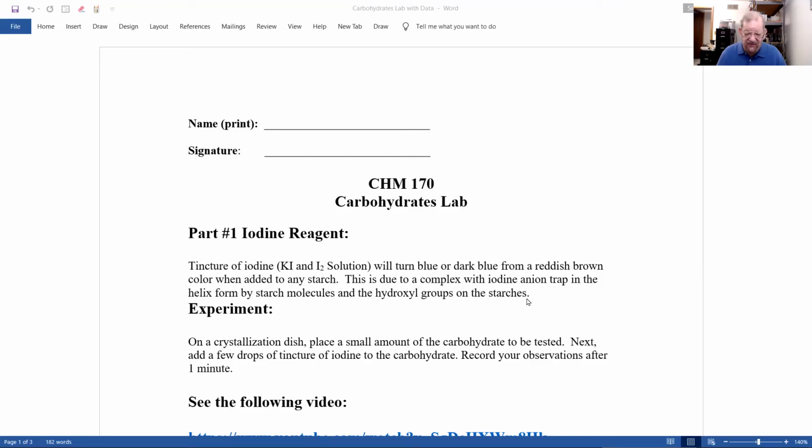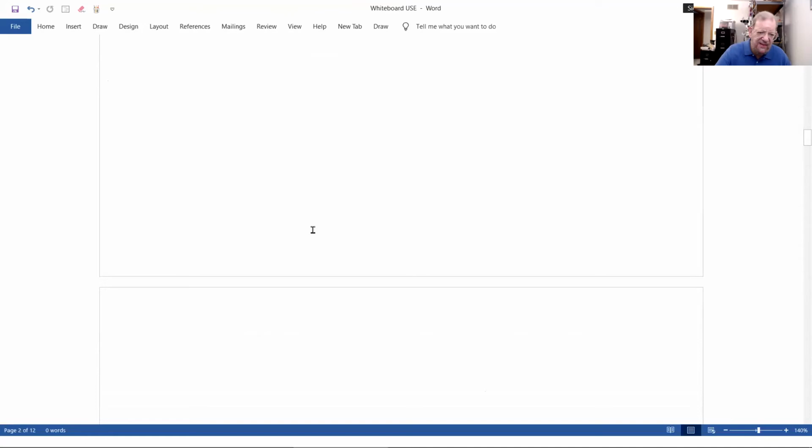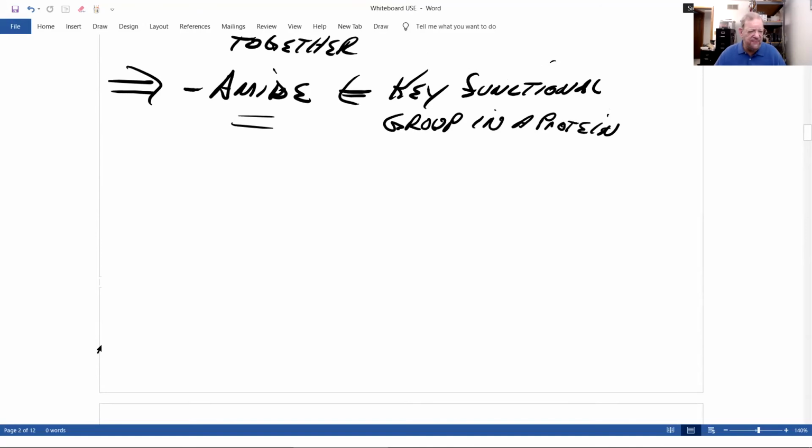This is due to a complex, the iodine anion, trapped in the helix form of starch molecules and the hydroxyl of the starch molecules. And what we mean by that is scientists originally found that starches are more helical, like this. And you got little hydroxyl groups all along here. I'm not going to draw them all in here. Now, if you add iodine,